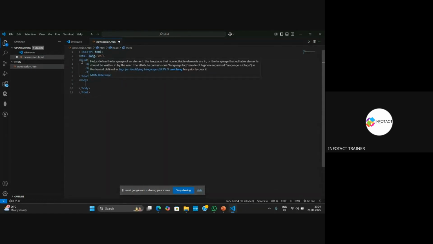And after the HTML tag, we'll have our head tag. This is the opening tag of head, as well as this is the closing tag of head, which is shown by a backslash. And then the meta tag is used to provide additional data related to our website. We will be using charset UTF-8 as our charset. And secondly, and lastly, we are